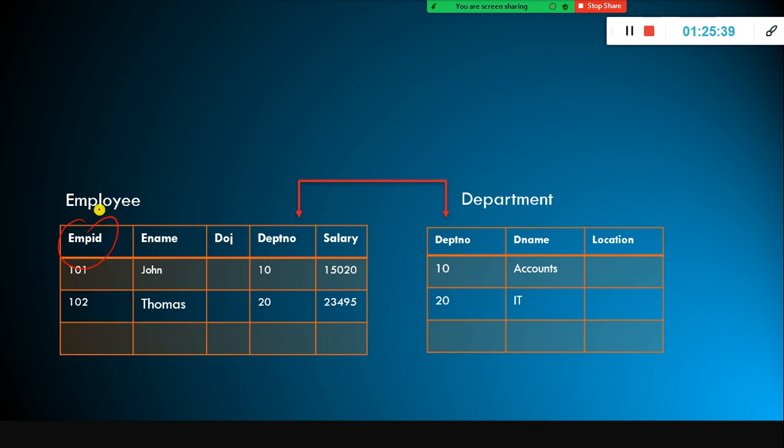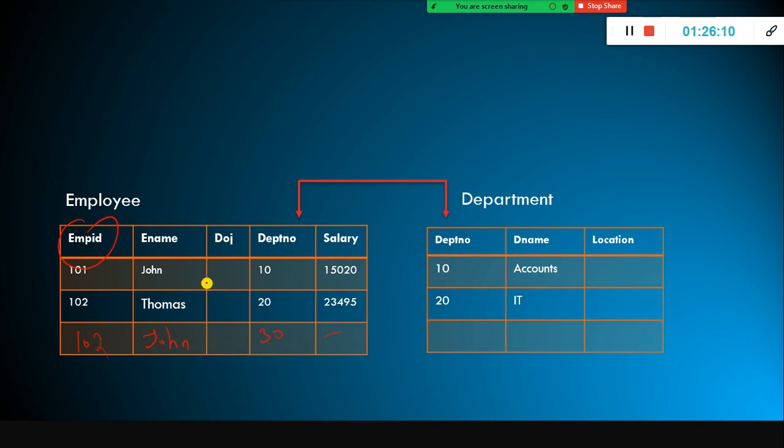In this table, employee ID is the primary key, but employee name can have duplicate values. For example, employee ID 102, his name is also John, and he belongs to a different department. He works as part of department number 30. The accounts department John is different from the research department John, and his salary is different.